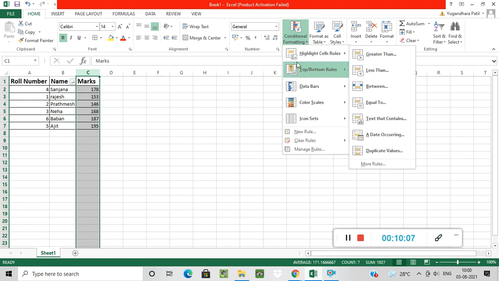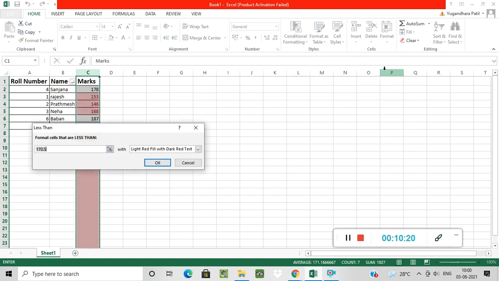Which marks do I have to highlight? Suppose the marks is less than 150.